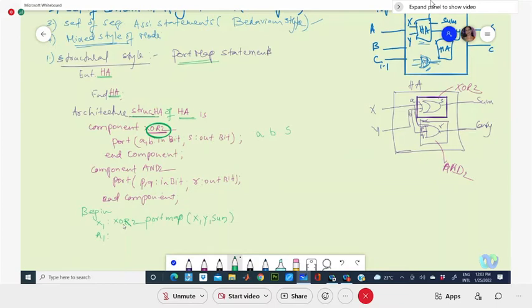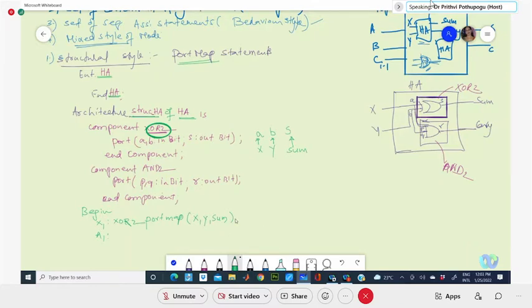Now, in this port mapping statement XOR2, we are defining this as X, Y, sum, which means that X will be connected to or mapped with A of your XOR. This is the top level design. Y will be mapped with B, and sum will be mapped with S. Here we are not defining whether they are inputs or outputs or what sort of signal. Whatever the position is, it will be linked in the same order. This is positional port mapping, positional assignment.